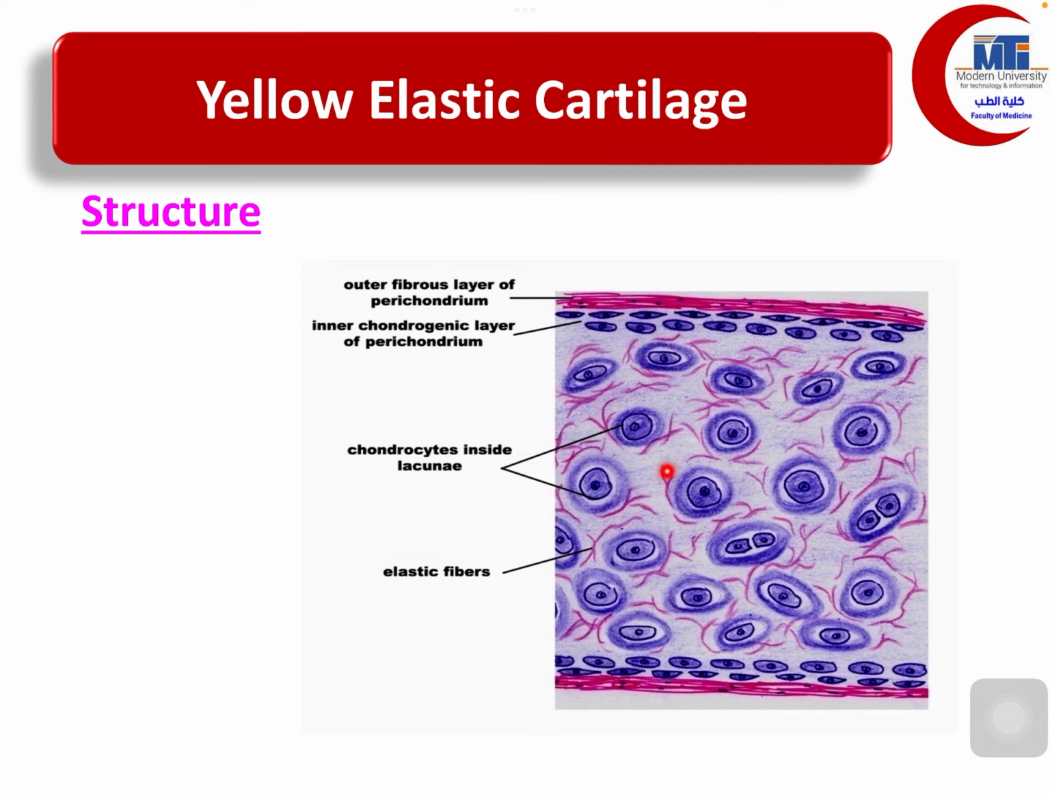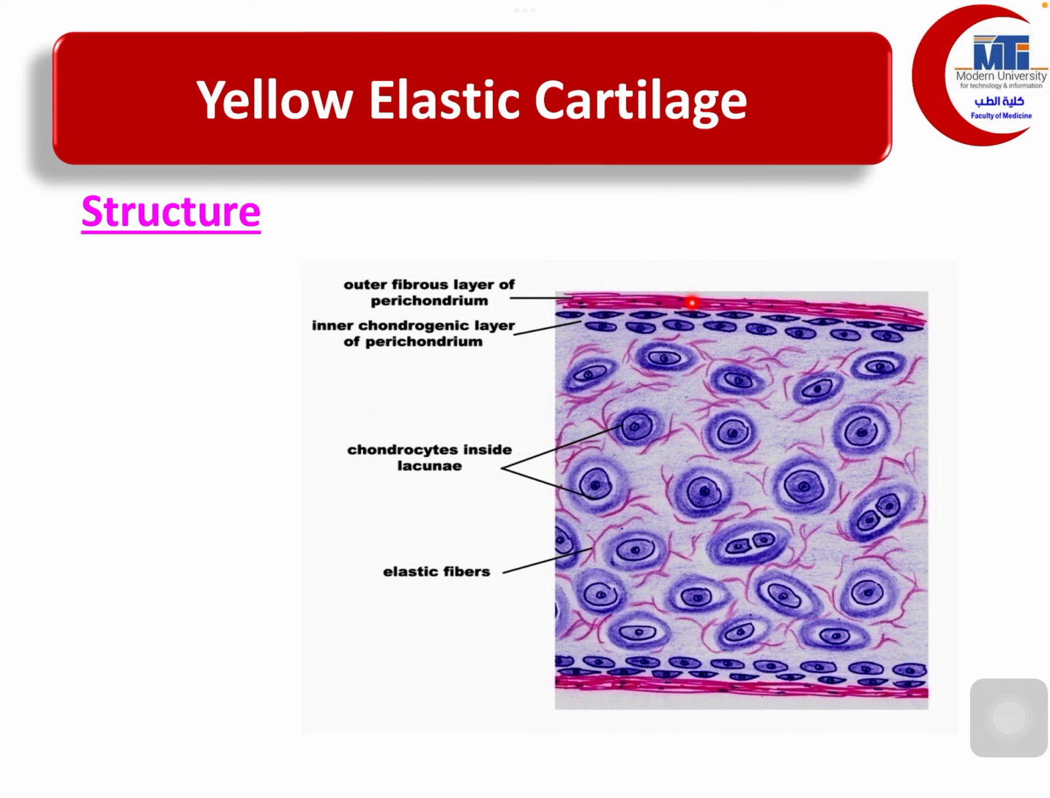And we will find here in this type of cartilage, the yellow elastic cartilage, that it contains additionally elastic fibers in addition to the regular hyaline cartilage matrix. That's why it's called yellow elastic cartilage. If we can remember which type of collagen fibers are present in this structure,